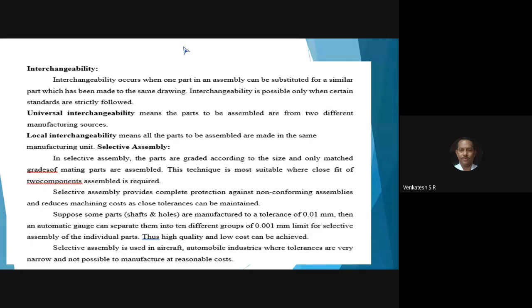If you manufacture the component according to the international standard dimension, say two companies manufacture the spark plug, one is Bosch, the other one has some other name. Only two companies in the world manufacture the spark plug. If they follow the standard dimension,